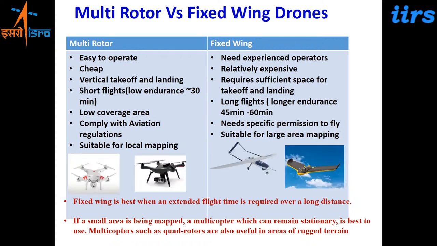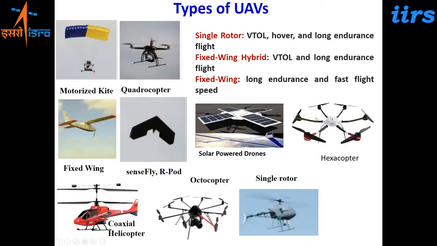Right? So these are a few pictures. You have various categories, like single rotors, where you have only one axle. Then fixed wings. Then the hybrid, which has now been developed, where instead of requiring a takeoff and landing space like an aircraft, you can do a vertical takeoff and landing, or you can launch it by hand. This is a model which looks like a fixed wing but operates for takeoff and landing like a multi-rotor. You can launch it by hand and bring it down by hand itself.